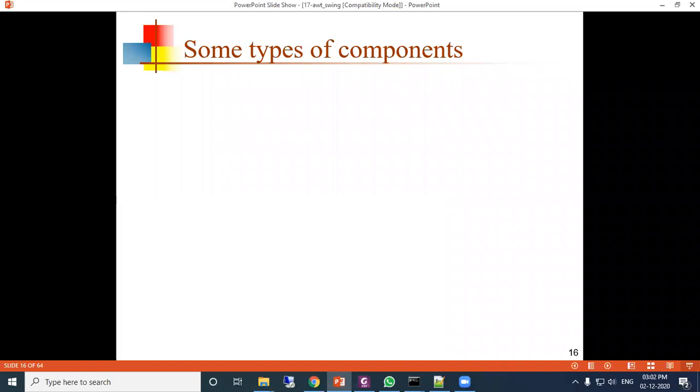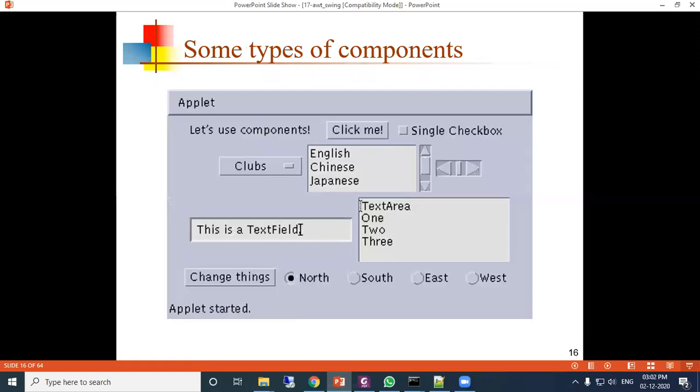Already we have this. So next we will see some types of components. Just see the picture here.